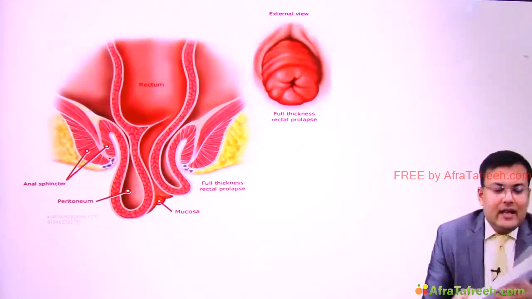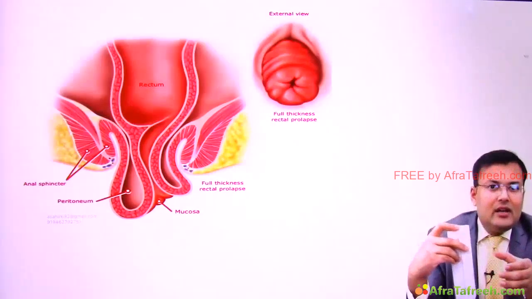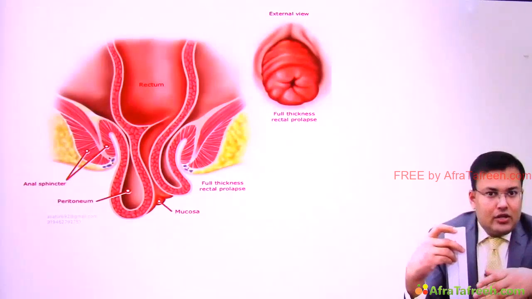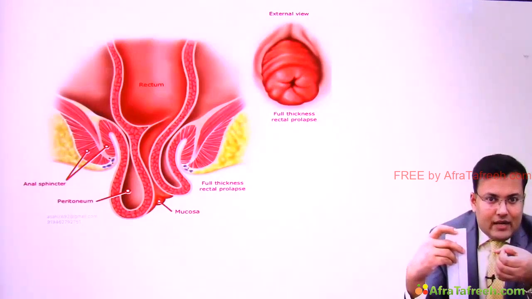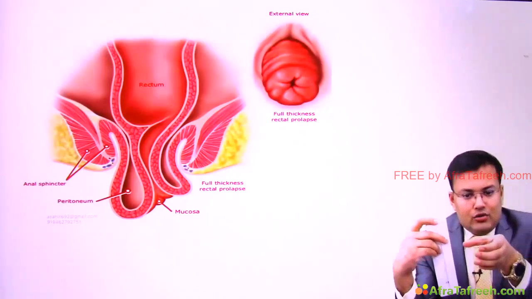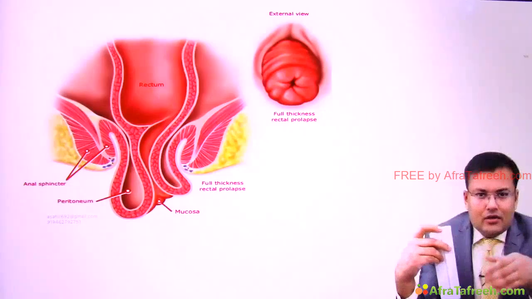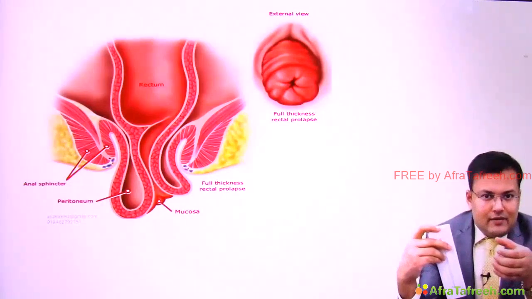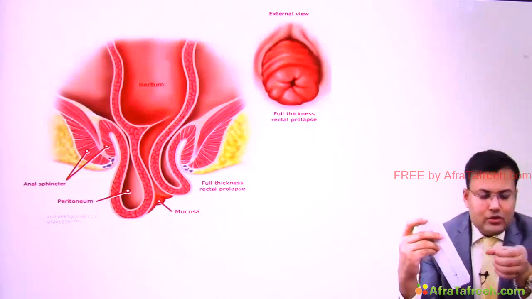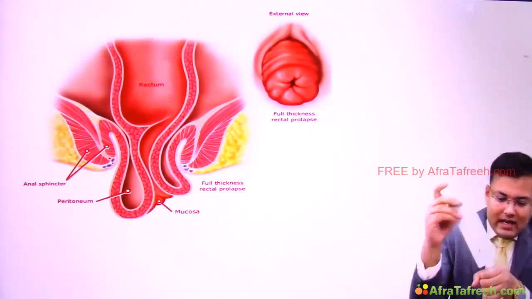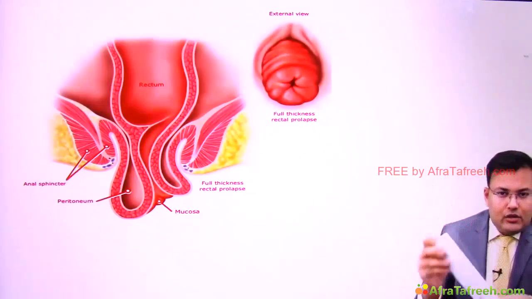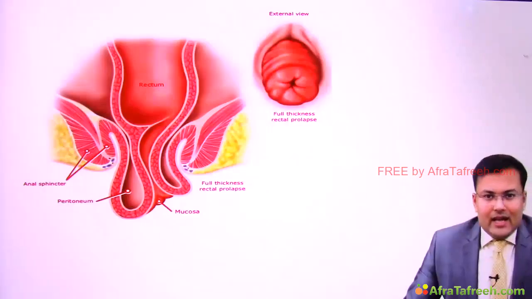Second, in certain patients who cannot tolerate this long duration surgery, we can go for anal wiring. This is the anal canal. We narrow this anal canal with the help of a wire, so if the patient has some disease and cannot tolerate the surgery, we can go for anal wiring. There is narrowing of the anal canal and now this rectum will not come out. So this is the basic treatment and the basic pathophysiology involved in rectal prolapse.